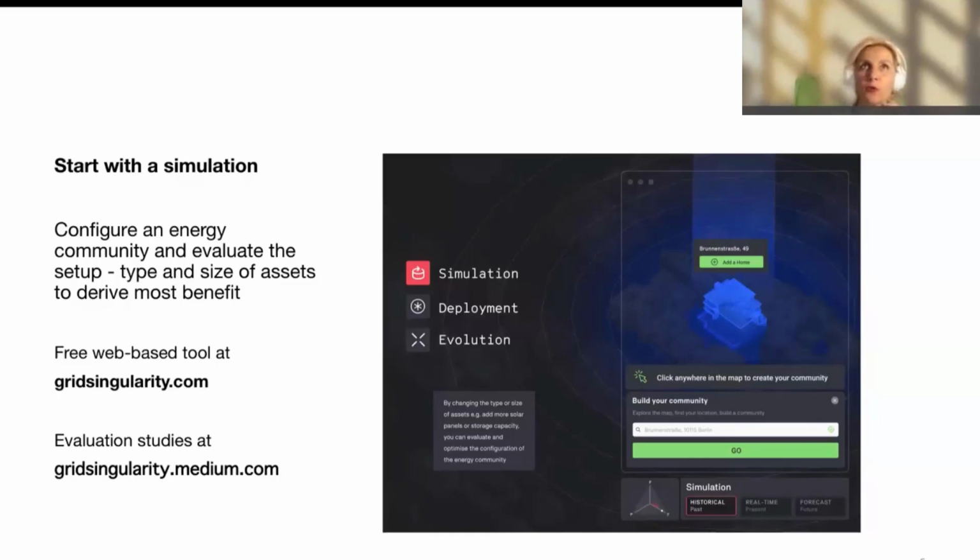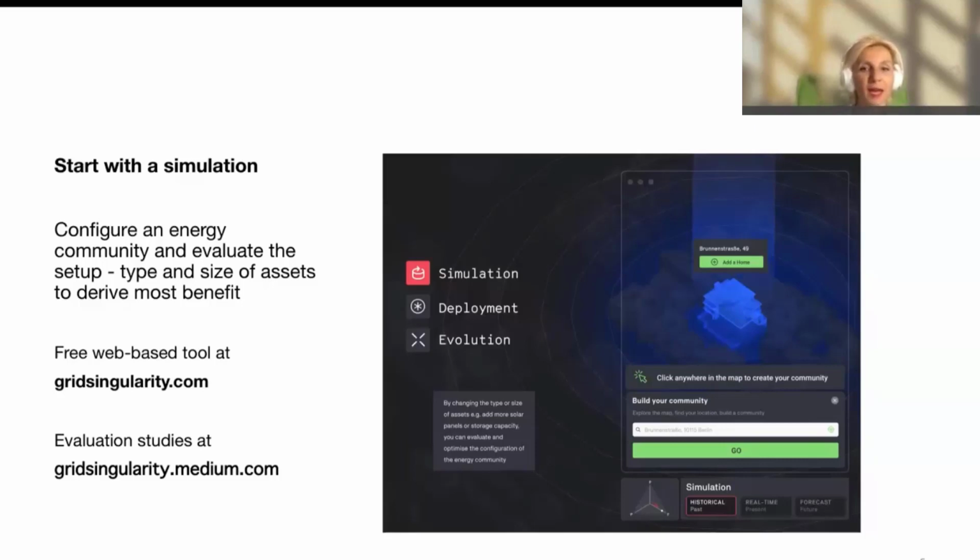So, for example, do you need more solar panels or heat pumps or another type of asset? Which battery storage capacity is most optimal? And what would happen if you start trading in such a community, or if your community trades with another community next door? We, as Grid Singularity, have collaborated with a number of research partners, non-governmental organizations, and have published some